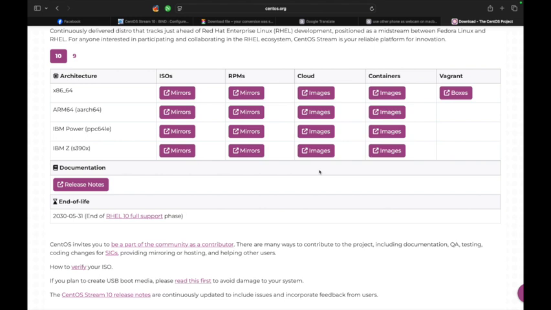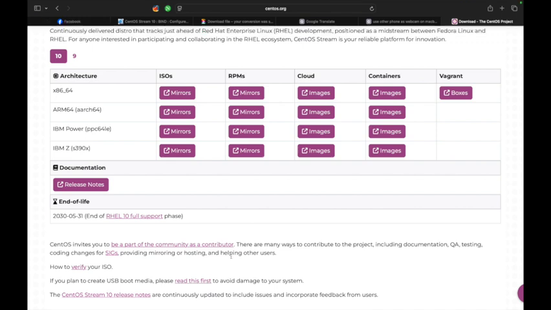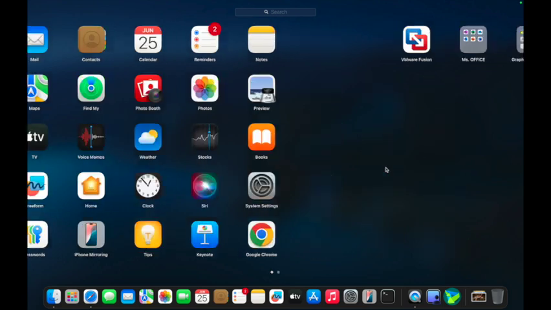So for those who are studying, students at university, or researching CentOS and Linux, we can use CentOS because all the configuration and system are the same as Red Hat. As I mentioned, one is free and the other needs a license. Okay, so now